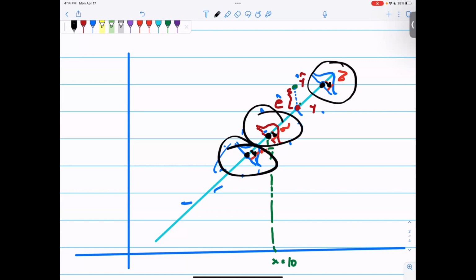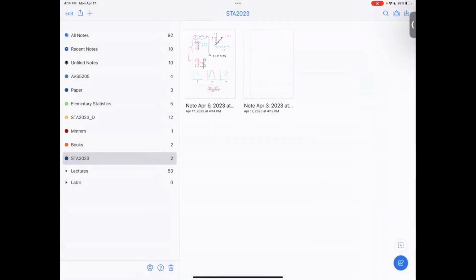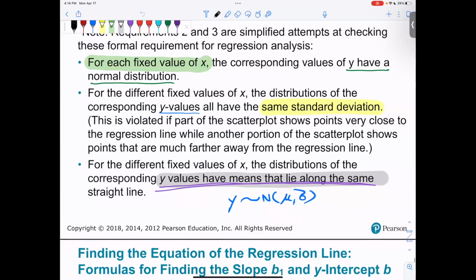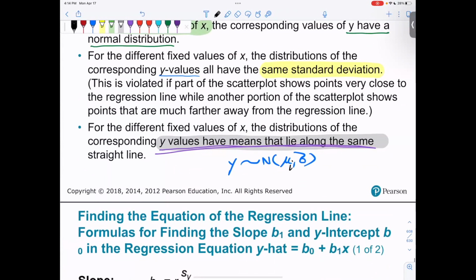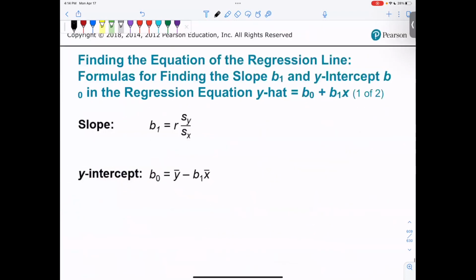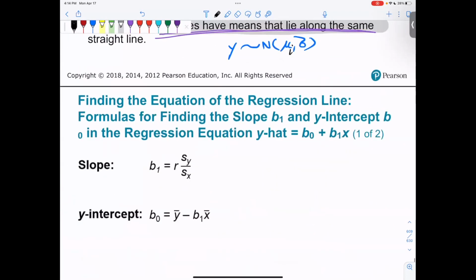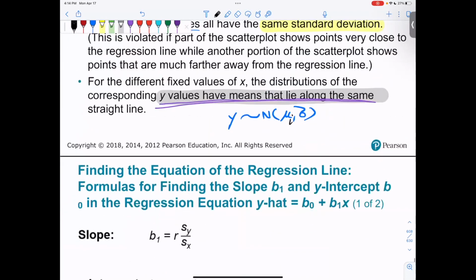So now we could have Y from normal distribution. They might have different mu, but all of them, they have the same standard deviation. The standard deviation will be equal for all values. Okay, so we get different mu's, but we have the same standard deviation or the same variance. Okay,